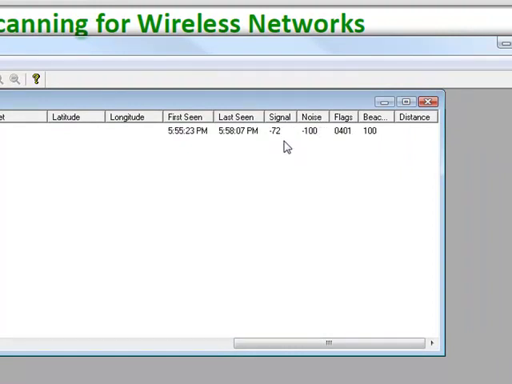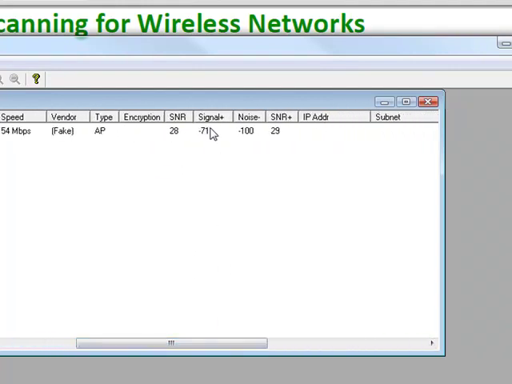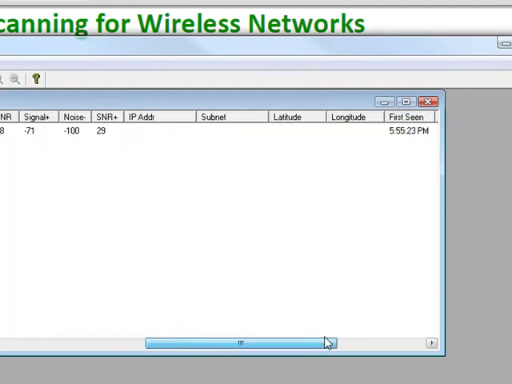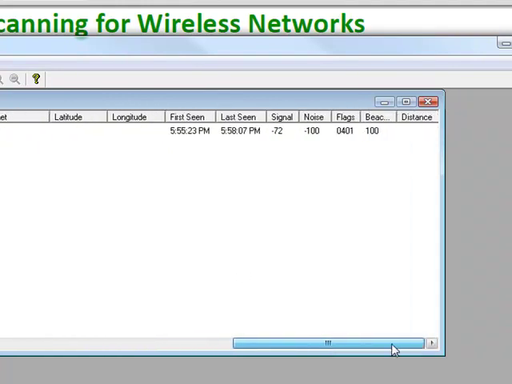Now, if my wireless adapter was enabled right now, it'd be going up and down, because the signal would go up and it would go down over time. But this one right here is just the top the signal has been, and the lowest, or the top the noise has been. And IP address, it was unable to find that, or the subnet,